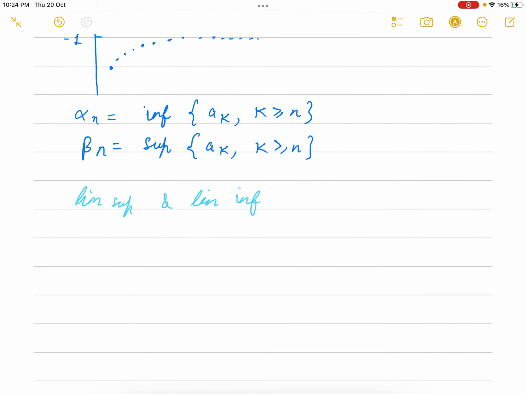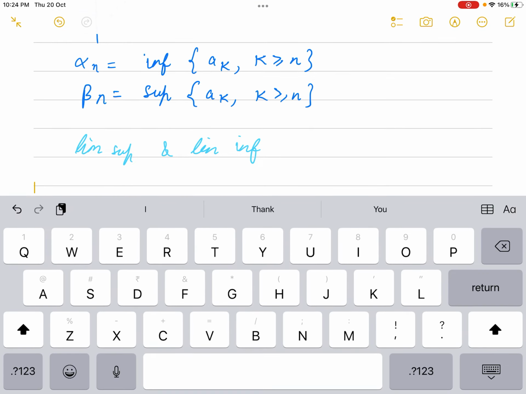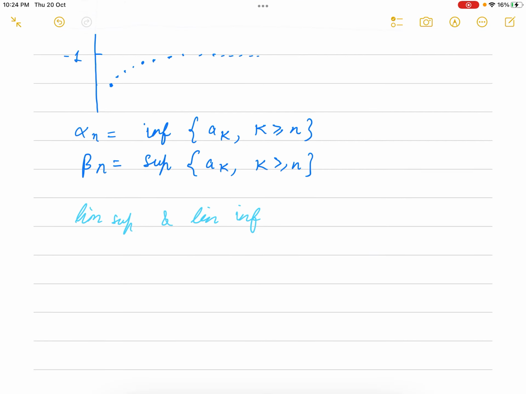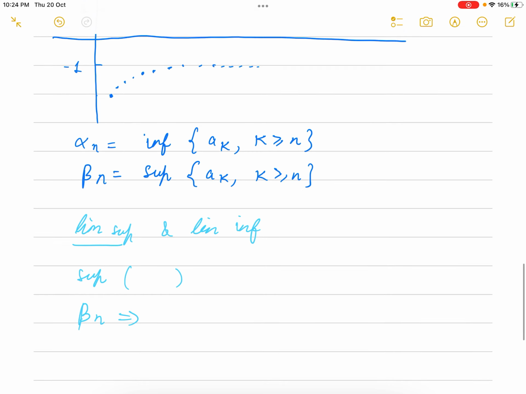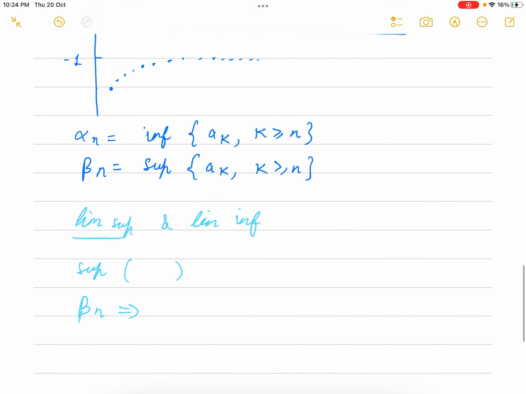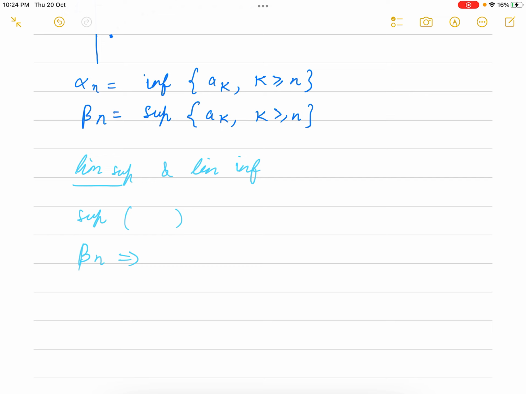One way to do this is to calculate the supremums of all the elements, the supremum of the set which starts at the index n. We define this as beta n. So we observe that beta n can be computed as